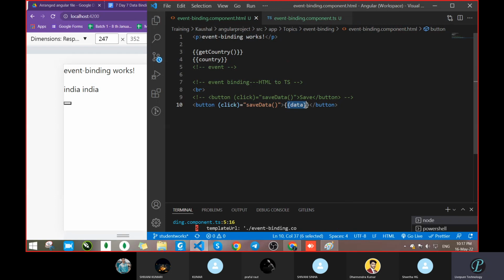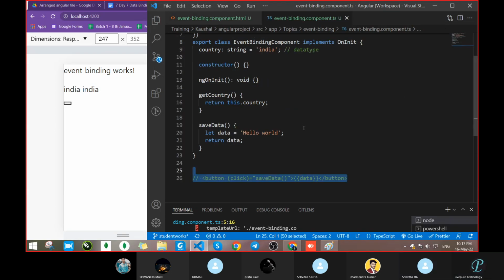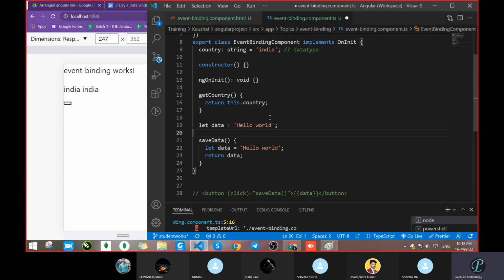You are taking something which is not available on your TypeScript page. Correct or not? Data is available inside this method. And once this method gets executed, only then will this hello be available in your button. Correct or not? If we write this outside, then see, it will work and you will get that,